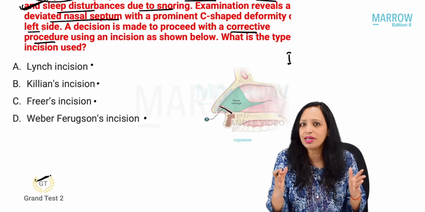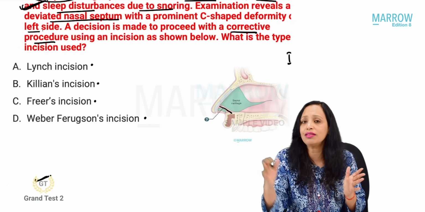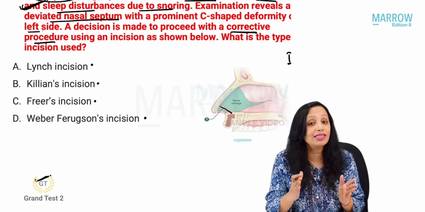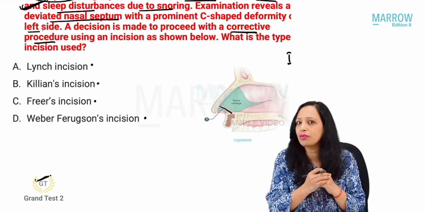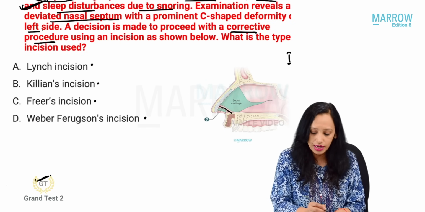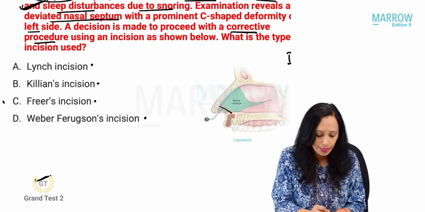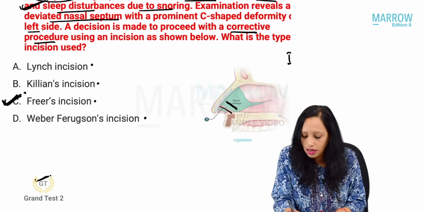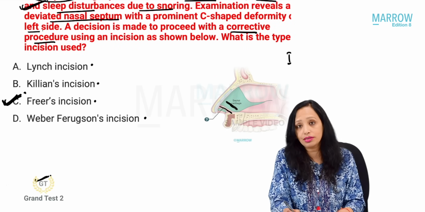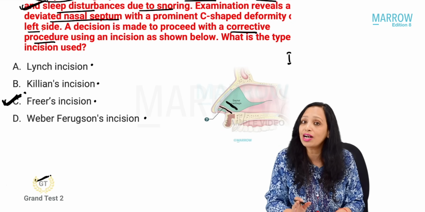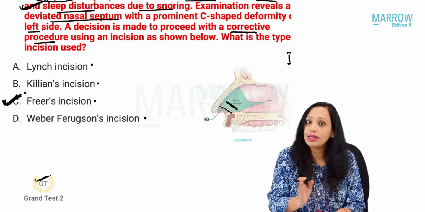I asked you to remember that in septoplasty we are freeing the septum of its deviations, which is Freer's incision. Whereas in SMR, we are killing the septum. We are removing most of it. So that is Killian's incision. Remember it like that. So what is the answer here? This is Freer's incision. If the incision was marked here on the quadrangular cartilage, 1 centimeter above or a little above the lower border, then that would be the Killian's incision.